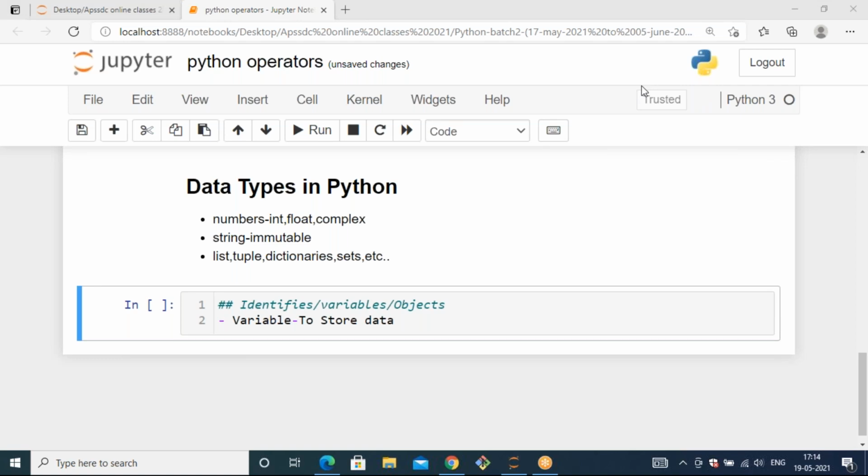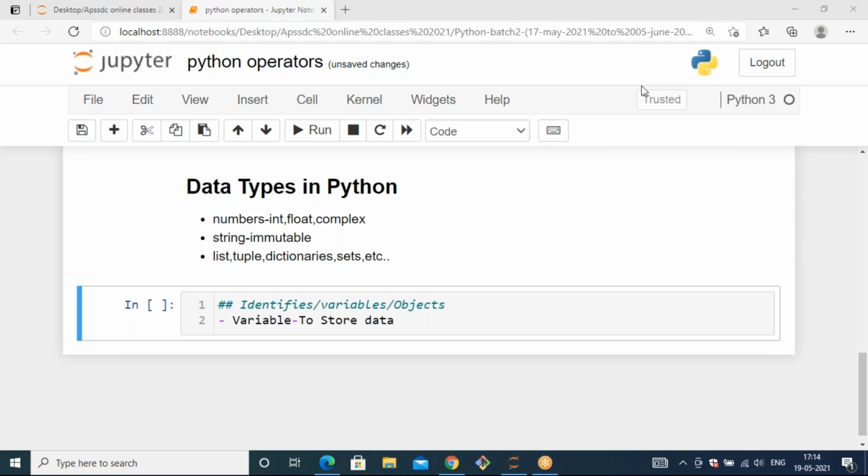Okay, so why do we use variables? Basically, you need to store the data. For storing, we use variables in a key role, right? So that we can call it and do operations. For this variable, we can use other names like identifiers or objects. In Python, everything is an object because Python is an object-oriented language.